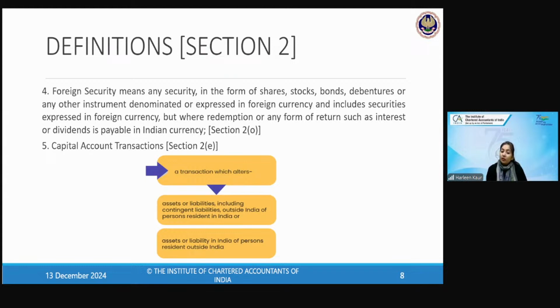Or a person who is a resident of Dubai has taken assets in India. He is altering assets. Altering means changing; it is either increasing or decreasing. Whether it is increasing or decreasing, that means alteration is happening. So any of the transactions, either the people of India buying property in Dubai and changing it, increasing or decreasing, or a Dubai resident who has bought in India and is now buying more assets or paying more liabilities, all these transactions will be known as capital account transactions. What is the underlined phrase to remember over here? Including contingent liabilities. So any contingencies arising are also part of capital account transactions. You cannot say it is a current account.